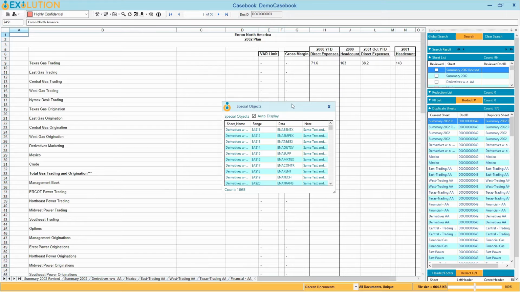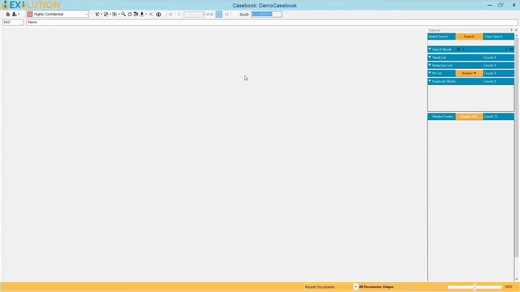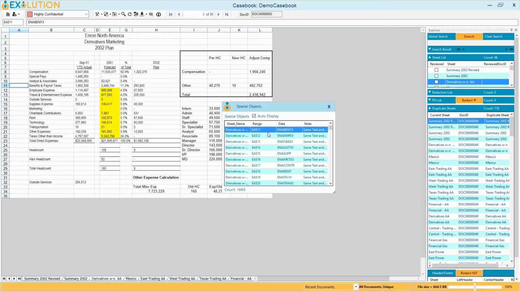So any cell or any text box or comment that has the same background color and text color, it will identify and notify the user every time they come across a document having hidden content. For example, if I go to document 2 here, when I go onto the third document, it opens this special object dialog box, and all the cells listed here have something special, like they're hidden. For example, cell A11 has content which is displayed here, but the cell color and background color are the same, so